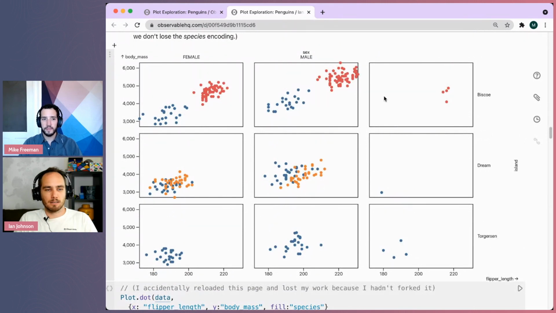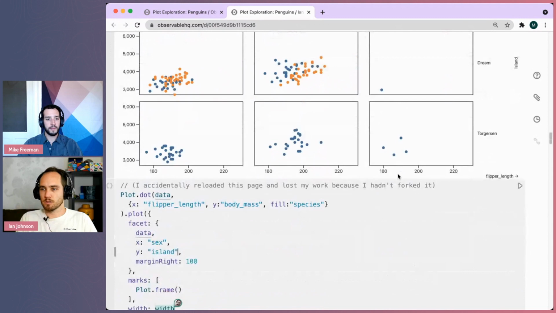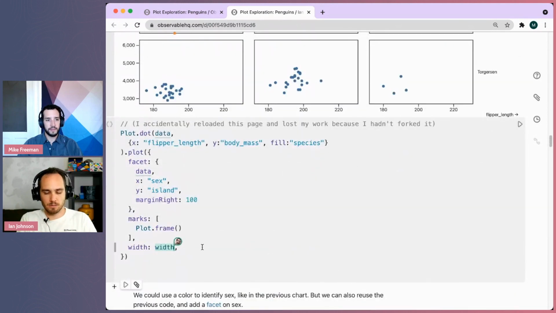And there's a bunch of, like we mentioned, there's a bunch of these. This is also the same as doing width, which is the default variable in Observable to give you the responsive screen width, but we could easily do